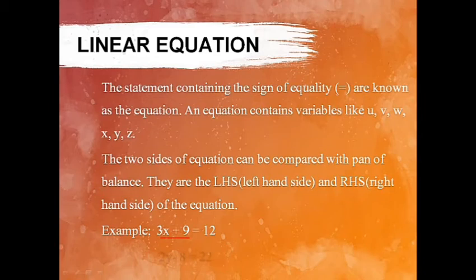Okay, so here there is a use of variables as well as numbers. Then one more example we will see, that is 2y minus 8 equals 22. It is also an example of a linear equation. Then 3x plus 3 equals 20. Now it is a linear equation, that is 3x plus 3 equals 20, because here the equality sign is given.